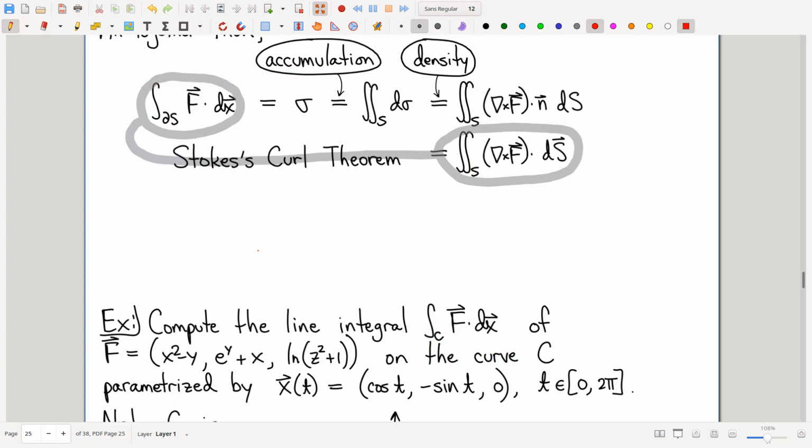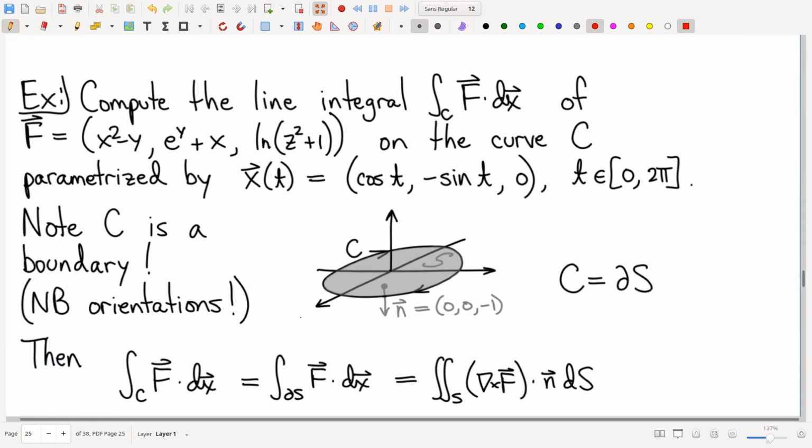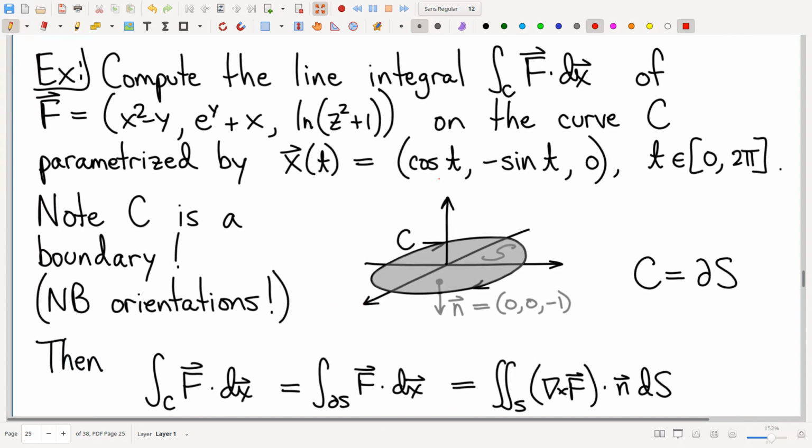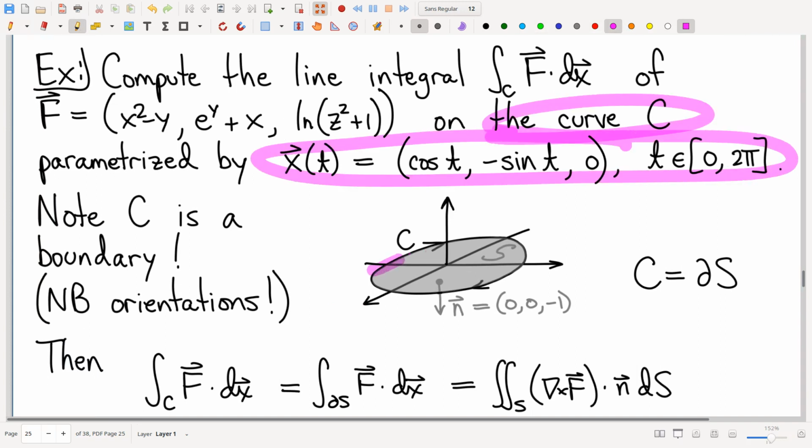Okay, so let's go back to our question. We discussed that we need to establish whether or not our curve is a boundary. You all understand parametric curves, and this curve, parametrized like so, looks like this, and yes, it's a boundary. That's a boundary of, well, I actually have a bunch of different options, but the easiest one is it's a boundary of that disk right there.